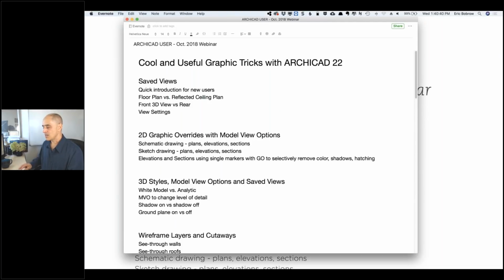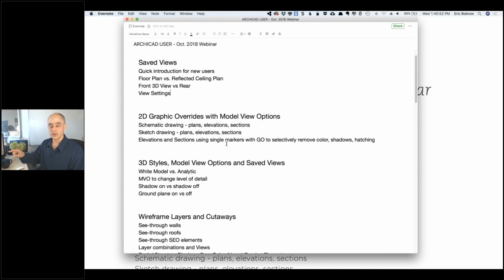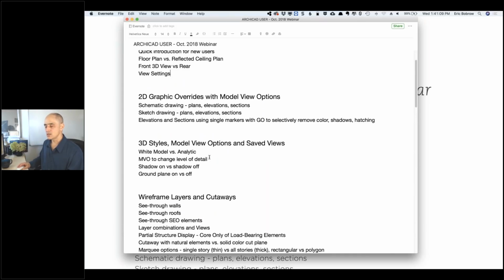All right, so we have looked at a little bit about saved views, a little bit about graphic overrides and model view options to create schematic and sketch views and elevations and sections that have a single marker, generate things with all of the color and shading and shadows and textures, but then views in the view map are saying, no, use this graphic override or use a different model view option to get different effects. All right, let's look at 3D styles along with model view options and saved views. So we'll start out with white model